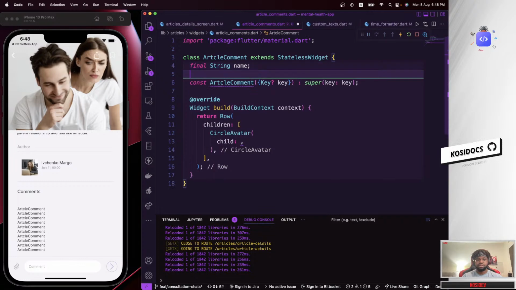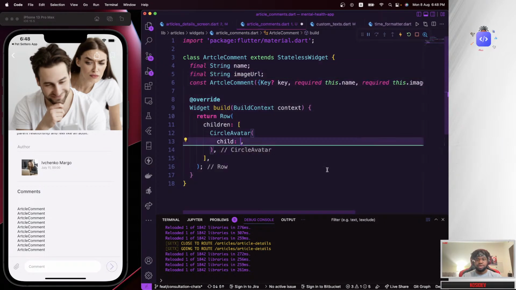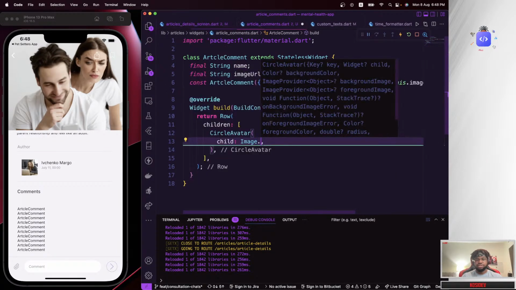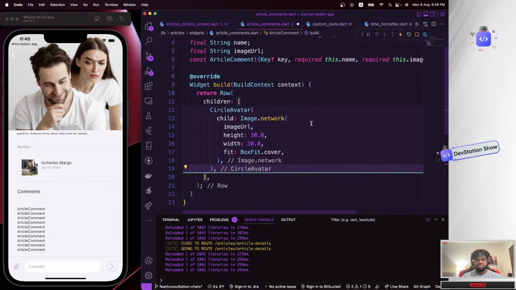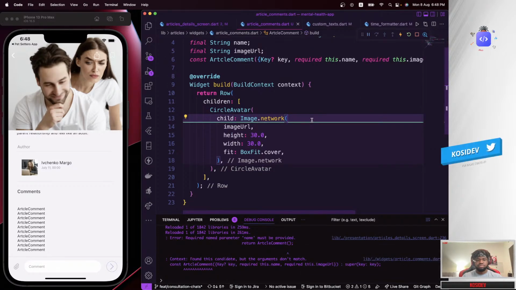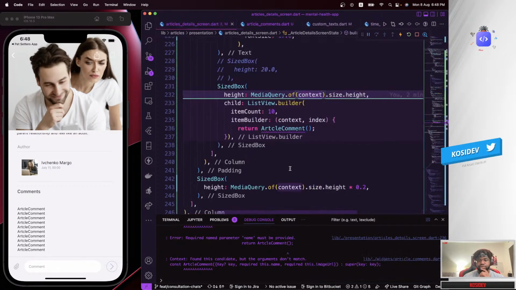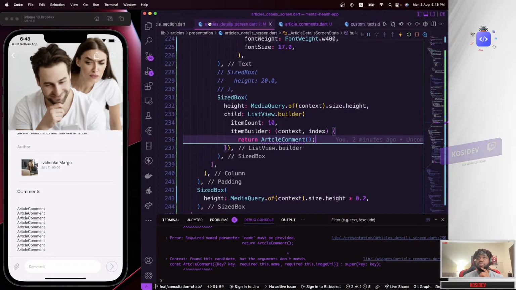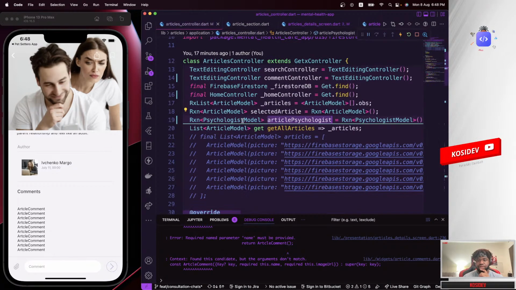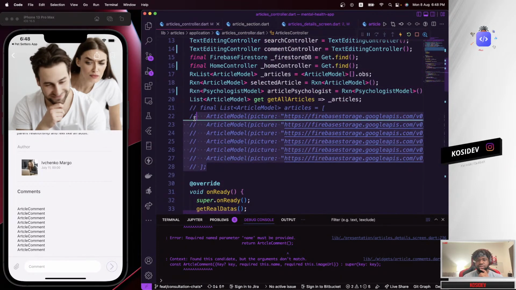So it has a name property, and an image URL. I think those are the two we need at the moment. And the circle avatar's child is going to be an image, not asset, but network. This is going to throw an error, because right here we need to pass in those comments from each article, but we haven't got a way to actually get hold of the comments from each article. Just go ahead and delete this,